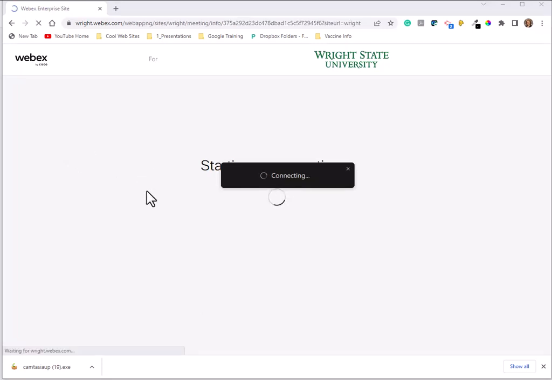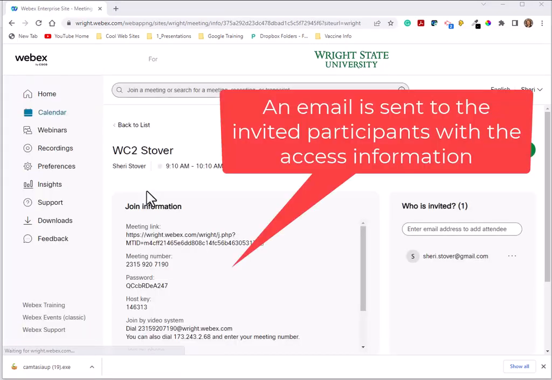And the email is sent to your fake students. They will get it. And then you guys should have a set time in the future. And you will log in probably about half an hour ahead of time, get it all set up. And then your students, your fake students, will log in.